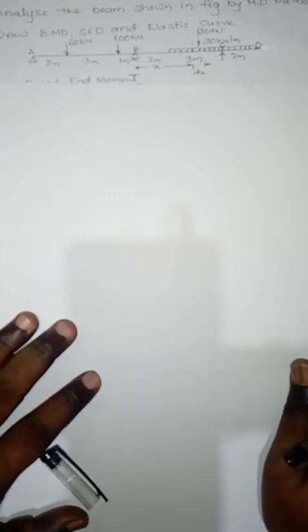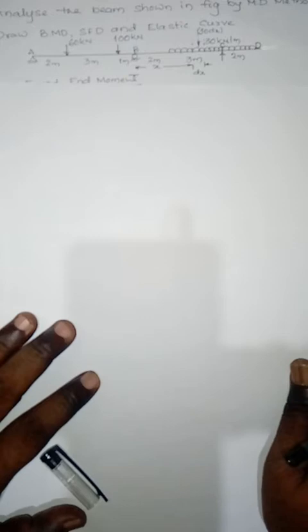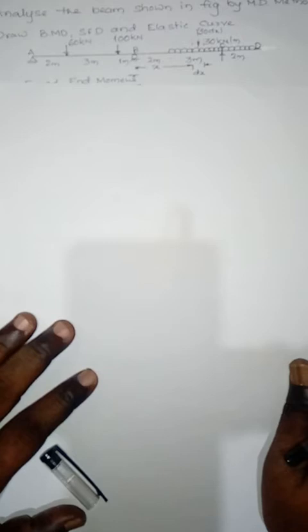a point load of 60 kilonewton at a distance of 2 meter from A and 100 kilonewton at a distance of 1 meter from B. The span of AB is 2 plus 3 plus 1, that is 6 meter, and in portion BC, B is on roller and C is on simple support and is subjected to